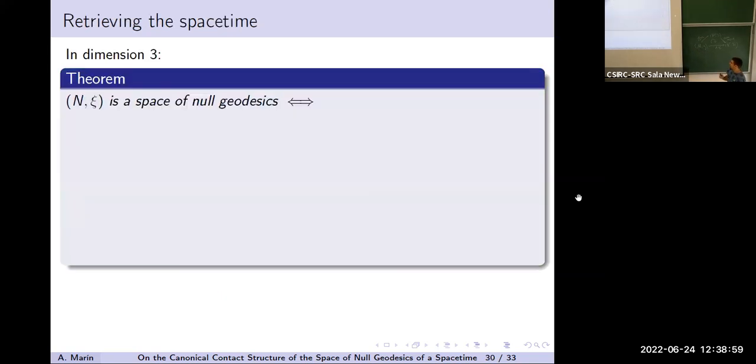Let me finish with this last thing, which is, okay, now one would like to be able to go back. So if I give you a 3-dimensional contact manifold, can you give me a space-time such that the original contact manifold is its space of null geodesics? And well, the sensible thing to look at is to try to do something similar, which is let me Cartan prolong this thing